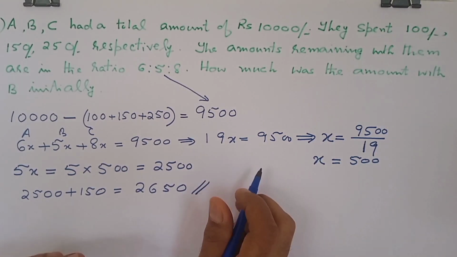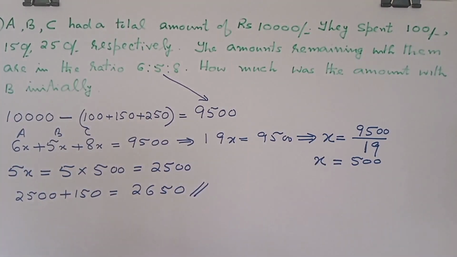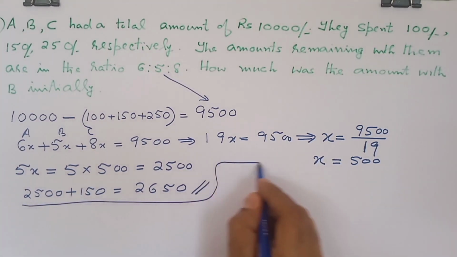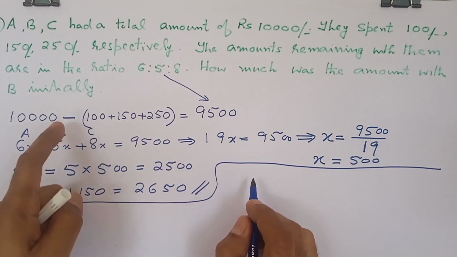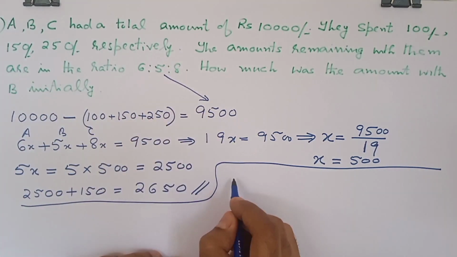Now, see, there is a slightly different approach from whatever I have gone through here. Now that you have clearly understood the ratio concept, which you need to, because the different approach may not work in all the problems. In certain problems, we got to go this way. But this problem can be looked at from a different angle. Look at this way. See, this is the initial amount, this is the amount they spent together, and the final amount is